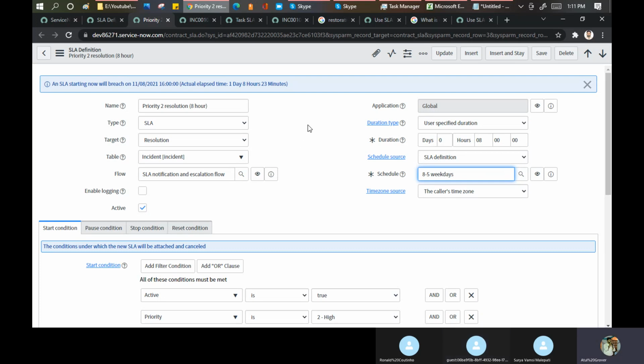But I guess, because I did not hear any case like this, when we configure the SLA, we always say the caller time zone. And on the basis of that, it will pick up the right things here. Fine, I understood. Caller time zone. I know that typically we do that.